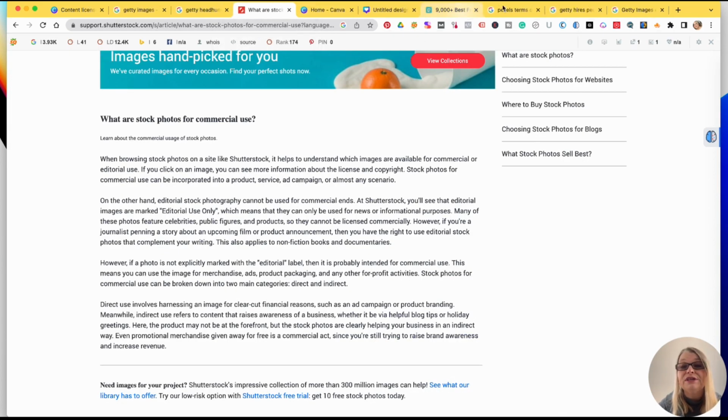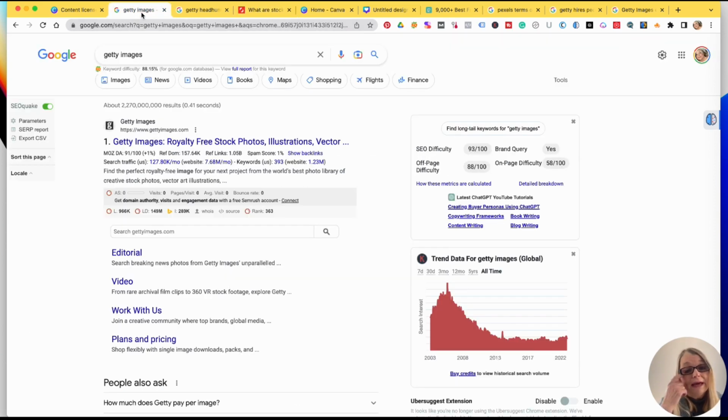Now, the next thing I wanted to share with you is a couple of other things before we go into some of these terms of service. One of the things is that there's this big company out there called Getty Images, and they are the largest depositor of images. But this is the scary part. Getty Images can also take a photo of you, promote that photo, and then sell the rights to that photo. There's a lot of legal. I don't like Getty Images at all.